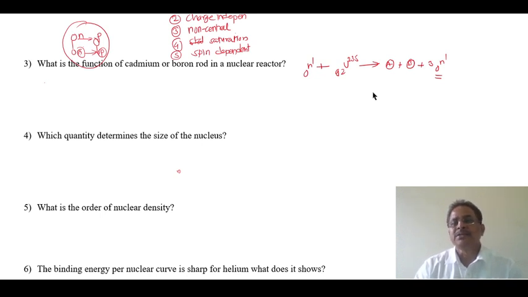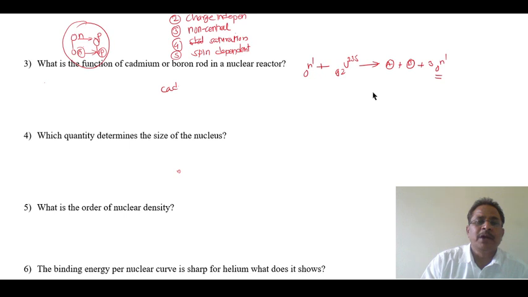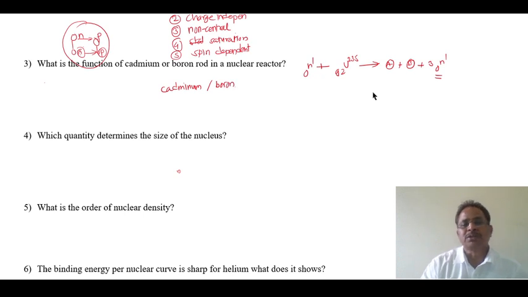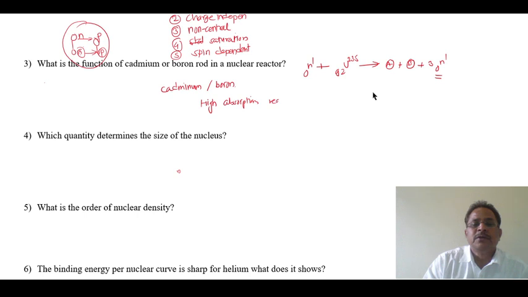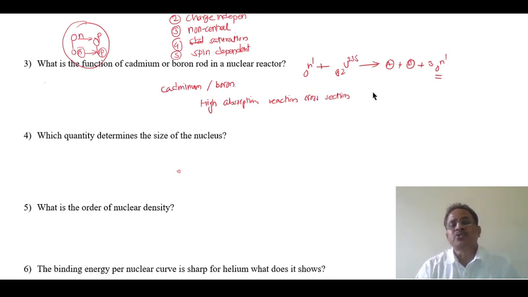So some of these fast moving neutrons are to be absorbed, and this absorption is done by this rod, made either of cadmium or the second material used, boron. Both these elements have a high absorption reaction cross section for fast moving neutrons,